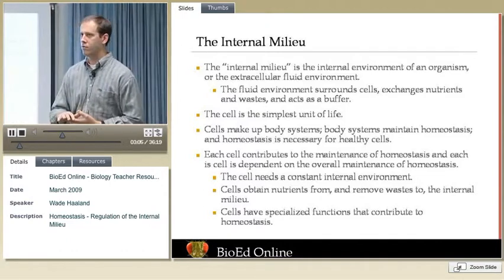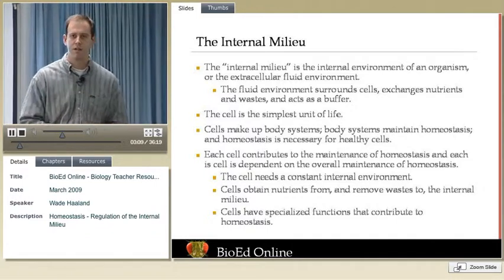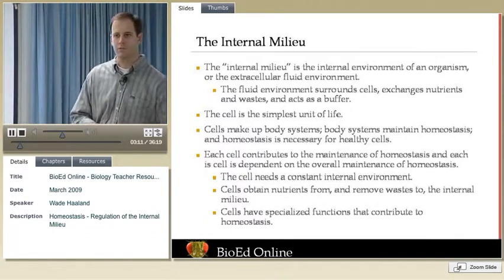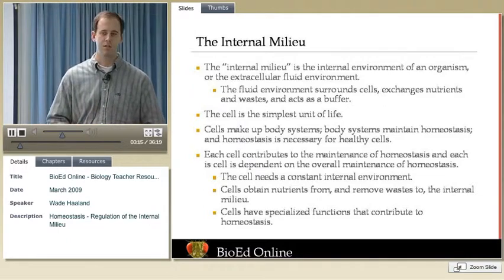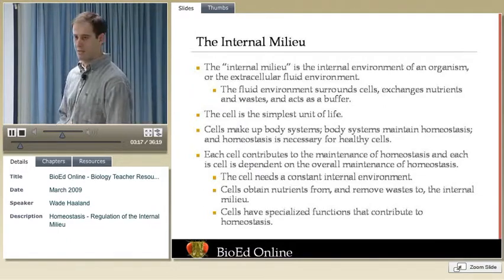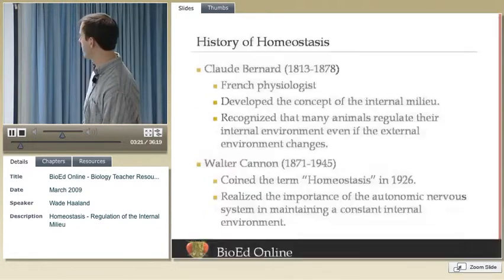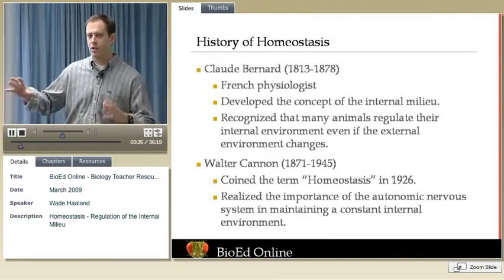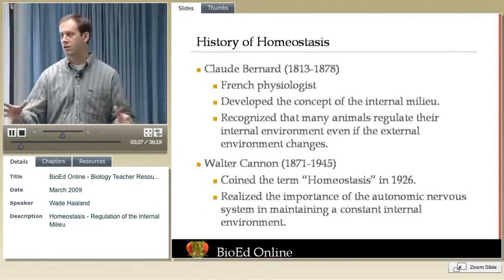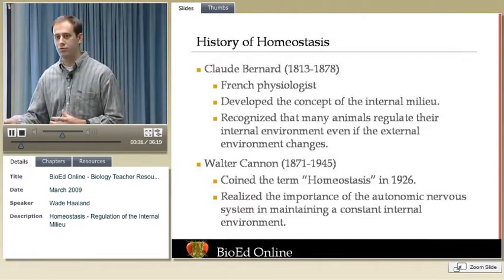When we talk about cells and different systems, we have to realize that all cells have different functions. The cells of our cardiac system have different functions than the cells of our digestive system, and they contribute differently to maintaining overall body homeostasis. So we know that homeostasis is this constancy in a system, but in actuality, it's a relatively new term.